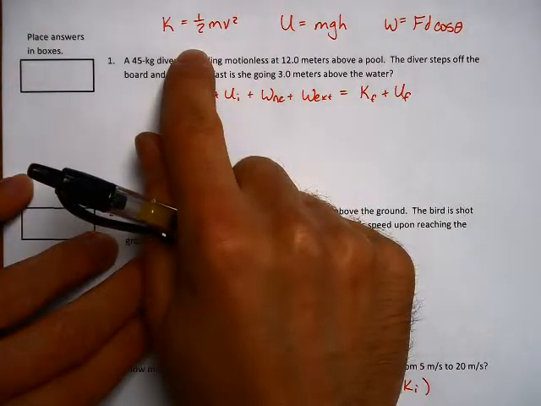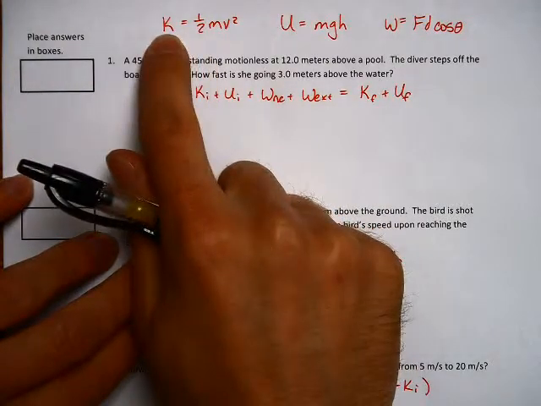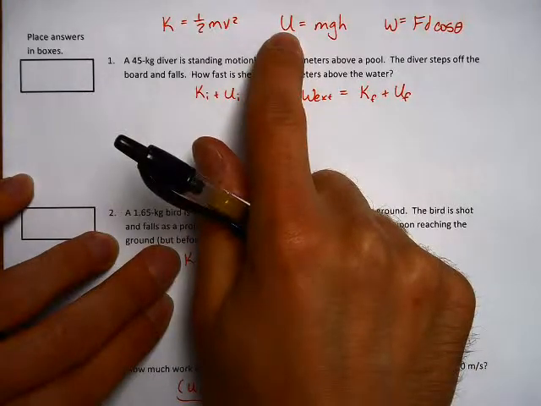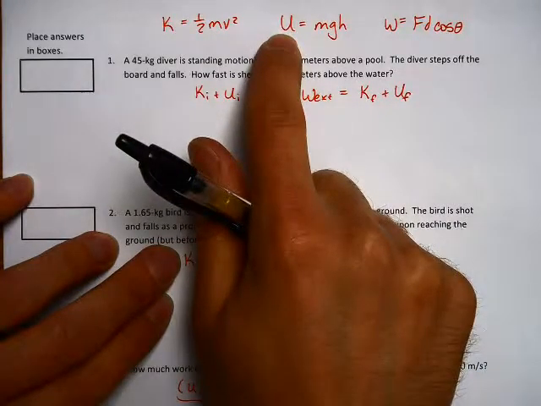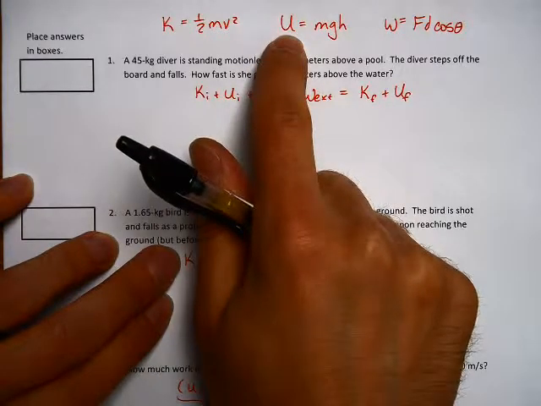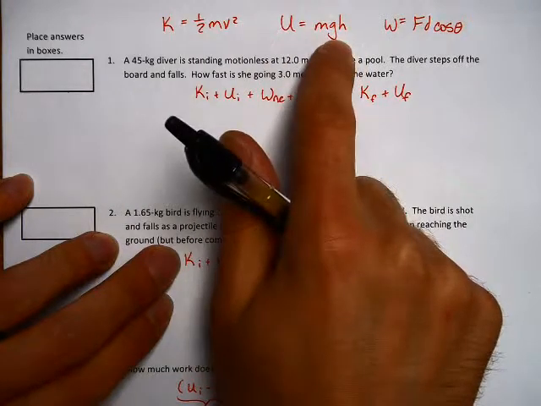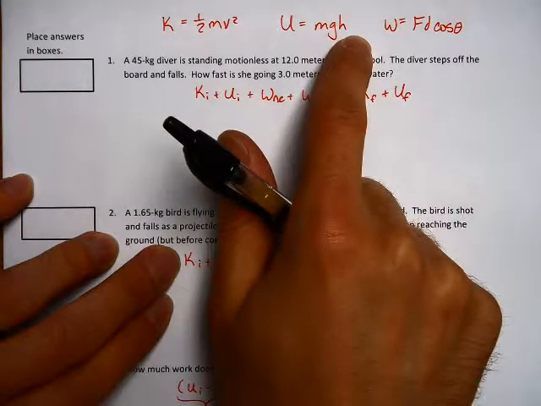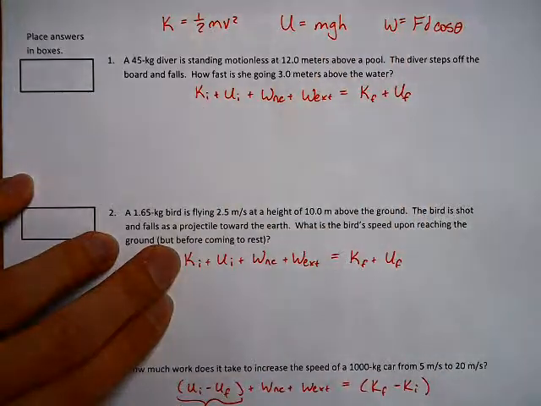three formulas or definitions. K, meaning kinetic energy, is calculated as 1/2 times an object's mass times its speed squared. U, which in this case represents gravitational potential energy, is an object's mass times its acceleration due to gravity, which on Earth is 9.8 meters per second squared, times its height above some reference point,